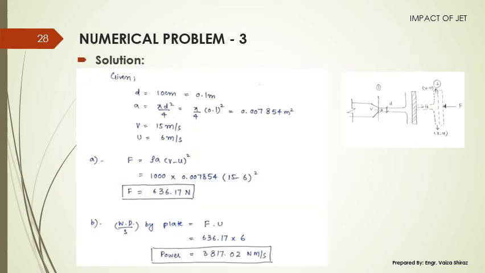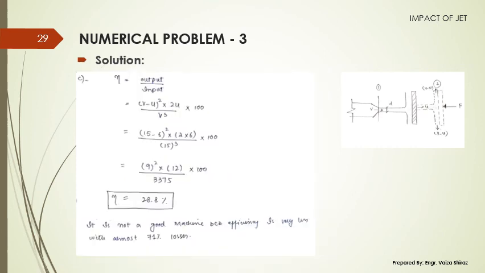So initially convert your given units into the basic units, and this is your first required value, that is F. This is the equation for F which you have just derived. Put the values, and this is your force which is exerted by the jet on the plate. Then work done per second by the plate, it is F into U. You know the value of F and you know U. Simply multiply them. This is the power. And efficiency, this is the equation of the efficiency which we have just developed. Just put the values of v and U in this equation and you will get the efficiency as 28.8%.